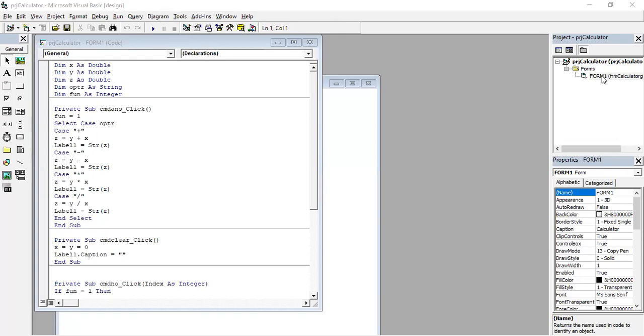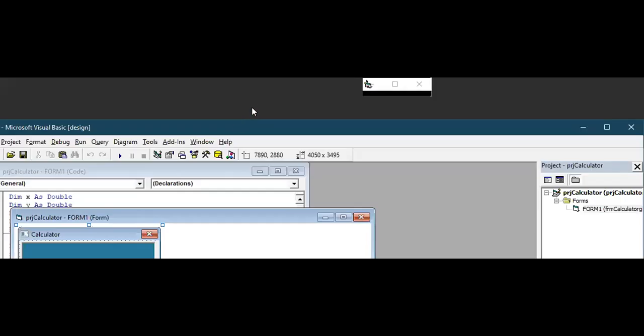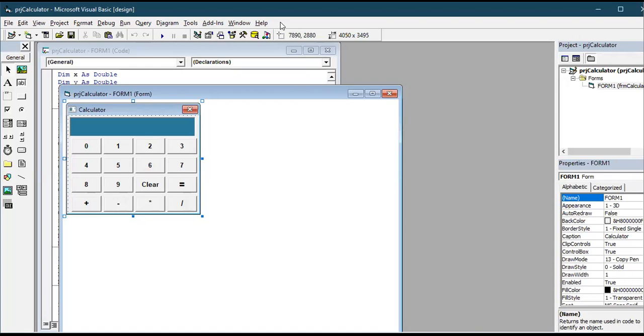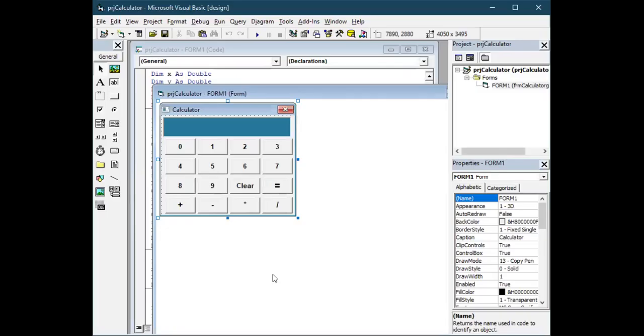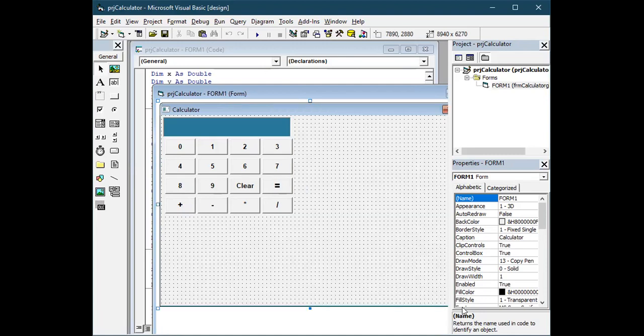I'm opening the form design. This is the form design which we are going to do today. Just for your understanding, I will make the form size big and design the form once again and show you.